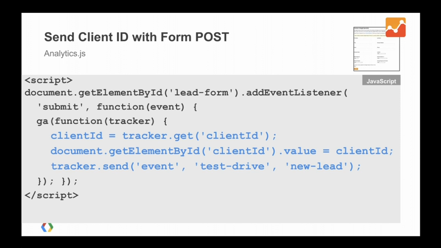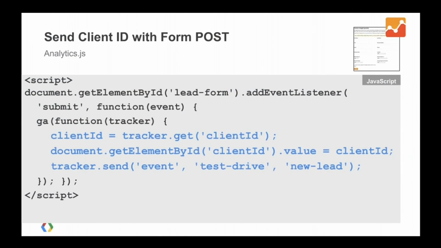And then we add a listener to the form for when it gets submitted. Because once that form gets submitted, we want to grab the client ID from the tracker, and we want to send it to the CRM system with the actual lead gen. So the way we do that is we have a method and a mechanism to allow you to pull the client ID out of the tracker. So that first line there, the blue line, is how we get that. So once you have the value, then you want to set the value of the input element for the form to that client ID. Right? That way, when the form gets submitted, that value will be sent along. And then finally, we just want to send an event to Google Analytics to indicate that there is a new lead gen. And that's going to use the client ID that's part of the tracker already, so it's going to be associated with that particular user's interactions.